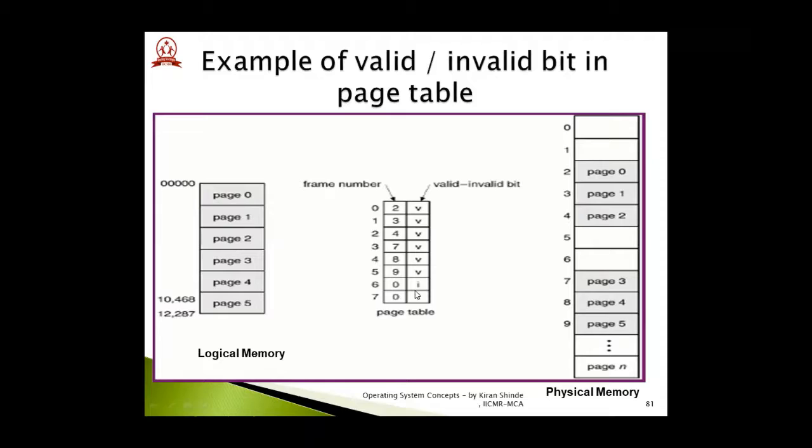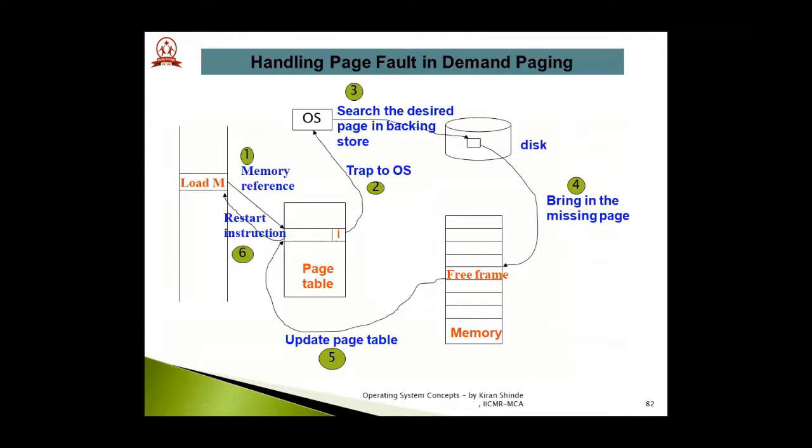Now with this knowledge, we are going to discuss what you mean by page fault and how the operating system handles the page fault. Let us try to understand this concept of handling the page fault in demand paging with the help of this simple diagram or simple image. Here in this image, I have mentioned every step with the help of a serial number. Essentially I'm going to explain this concept in line with the sequence of these numbers. So let us try to understand these different steps first.